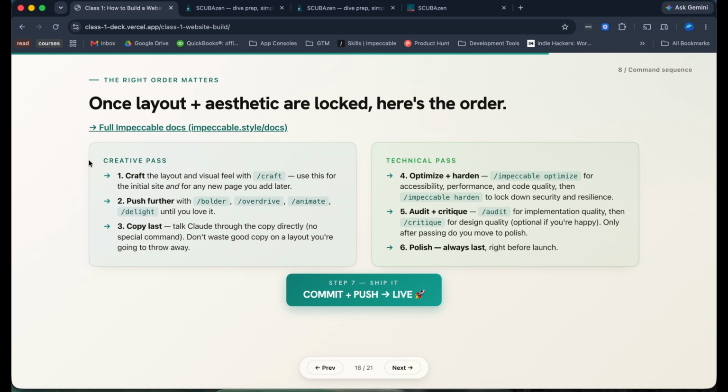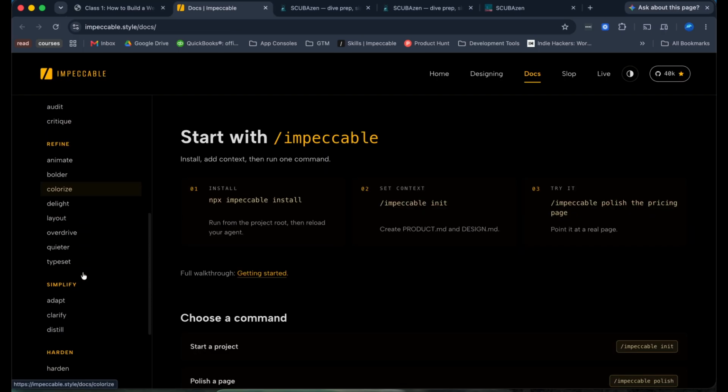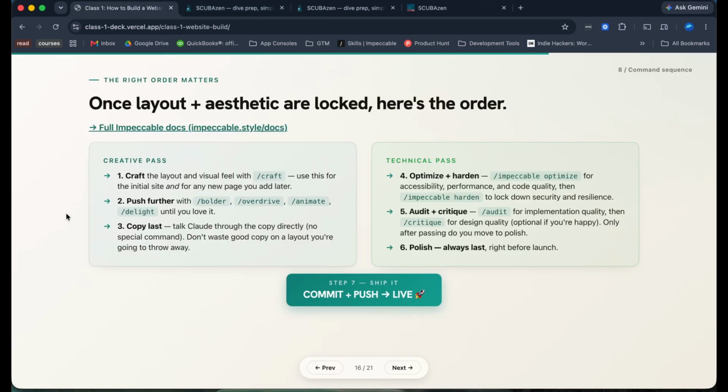Okay, so just to bring it back to the process, I highly suggest reading the Impeccable Docs. It has a full list of commands. There are a ton in here, so it'll be very useful to you. But we did the craft. That was the initial landing page build, and the Boulder is the push further. So this is the section I'm in right now. I'm not going to finish it right now with you guys. It'll take several hours, and I don't want to upload that.